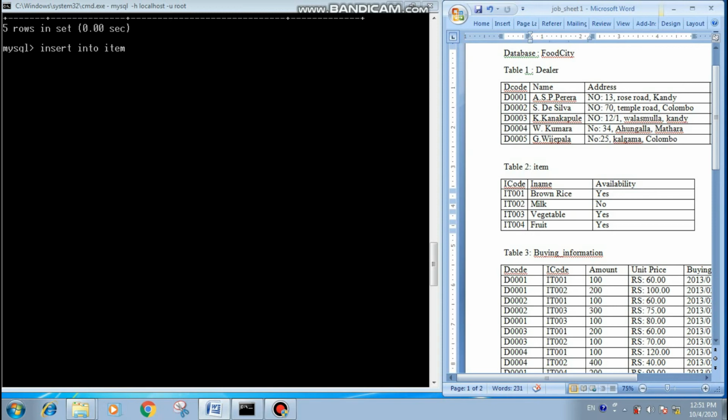Open bracket, I name, comma, I code. Close the bracket. That is my entering order. Then values. Again open the bracket. Within that bracket, according to the previous order, I am going to insert the data.